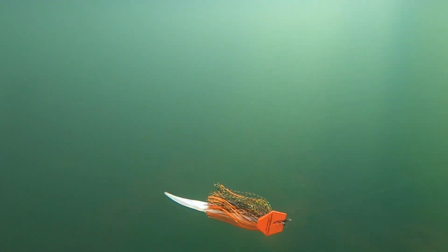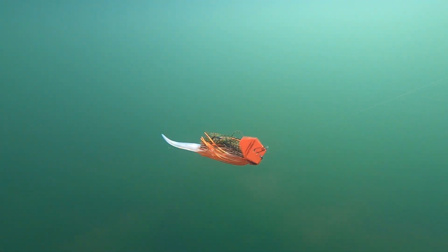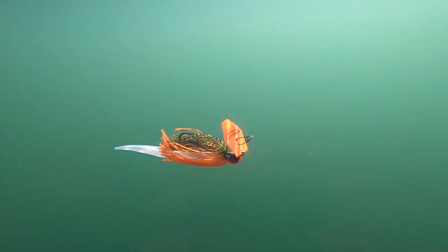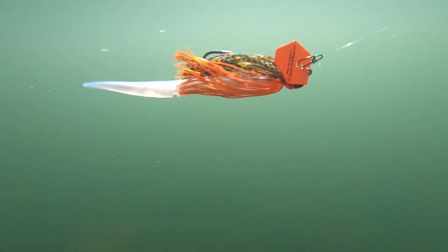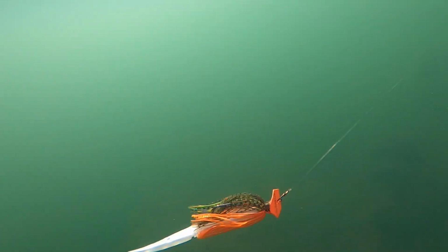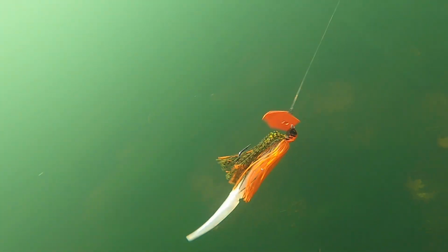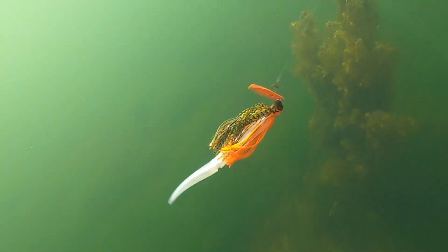It's got a rattle in the tail, it's got that straight tail kick, it's got a nice shimmy underwater, as you can see. And this trailer really does good for me in clear water and murky water, but it's got a nice tight kick on it, and it's got one of those subtle kicks that you enjoy when you're fishing that chatterbait. We like straight tail trailers in clear water because it looks more natural. I like the Rattleworm in dark and dirty water because it's got that rattle in it to give it that